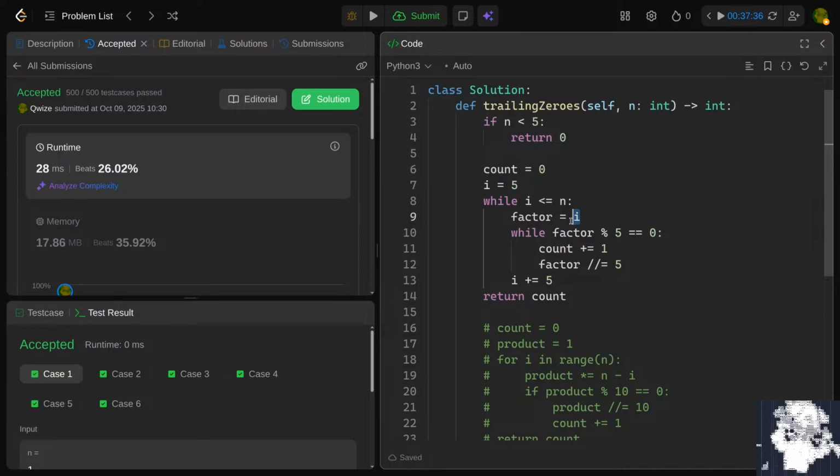Well, I guess like every time we go up by 5, we could count one more for each factor that we find. And that would count the previous ones. So then if we start with only the largest product of 5,